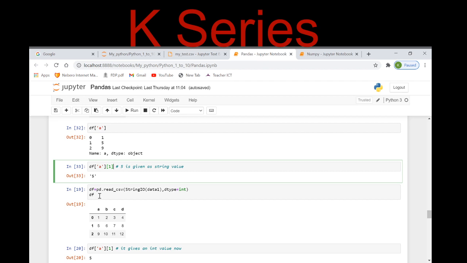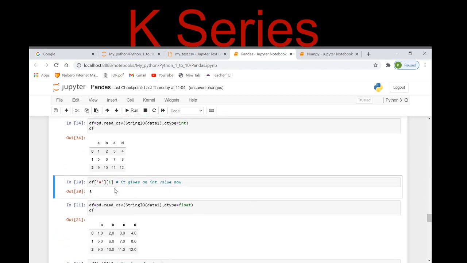Again I am reading, and now I am replacing the dtype object with int. See here. Now if I again execute my data frame's A column first row value, it is giving me 5, not as a string but as an int. Got it?